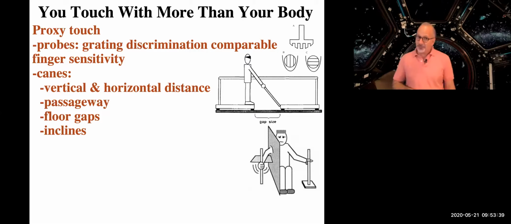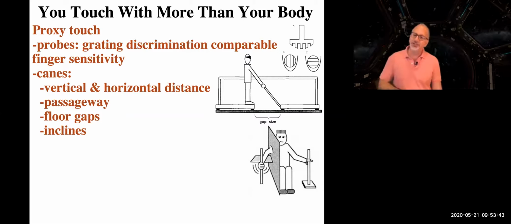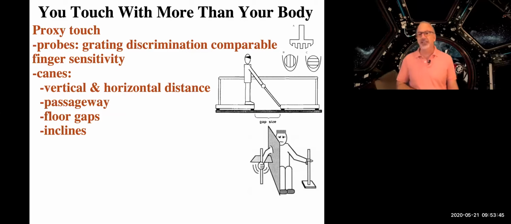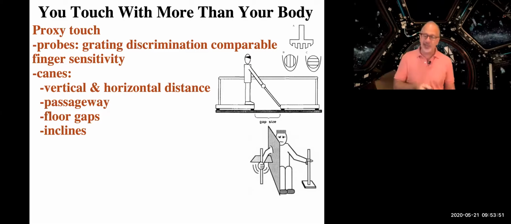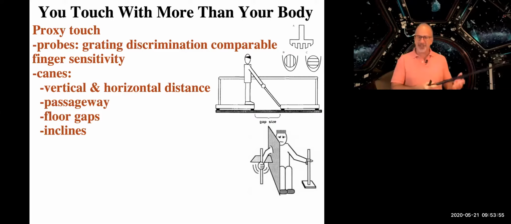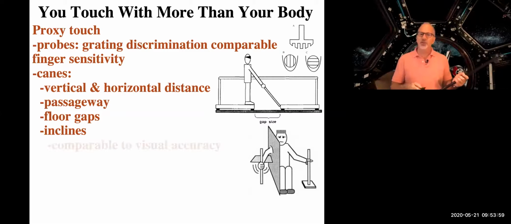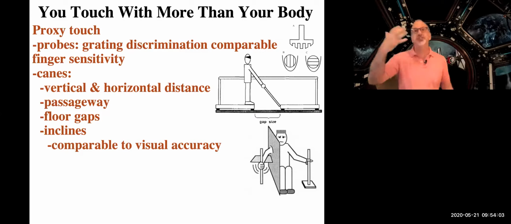The cool thing about this is, when it comes to judging vertical and horizontal distance and passageways and floor gaps and inclines, in all those instances, I would be, and you would be, and Shaq would be as accurate in making that judgment with a cane as you would be making those judgments with vision. In other words, you would think that vision's the dominant sense.